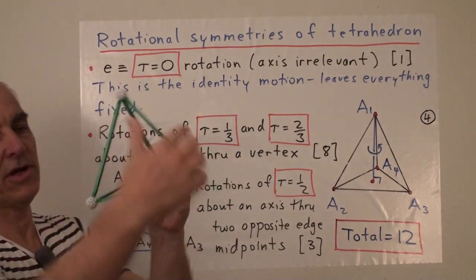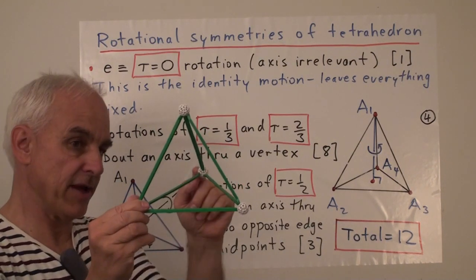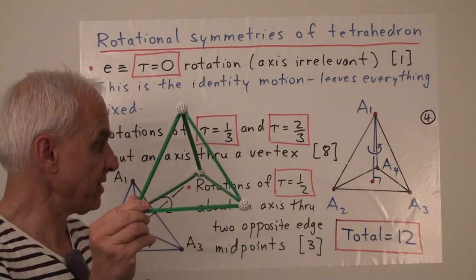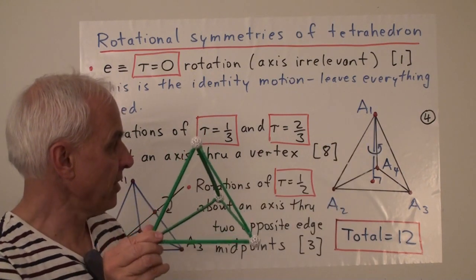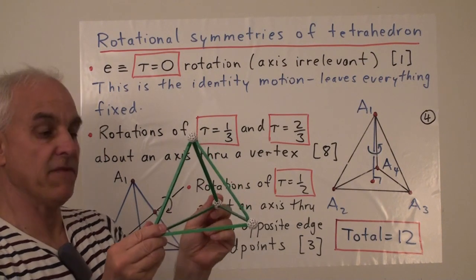So I'm going to put this triangular face towards you, and this one here is sort of behind, so you should see that somewhere in the middle of that face. And here's sort of a picture of that. So this would be A1, this would be A2 down here, A3, and perhaps A4 back here.